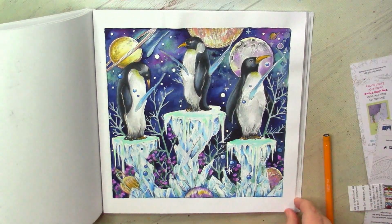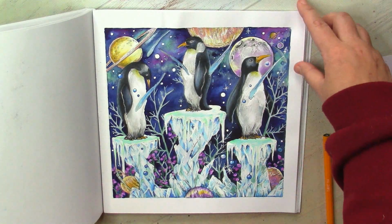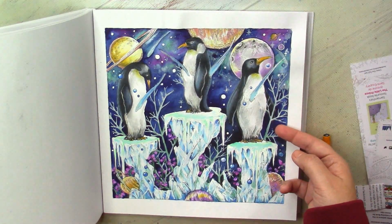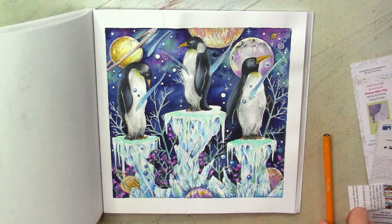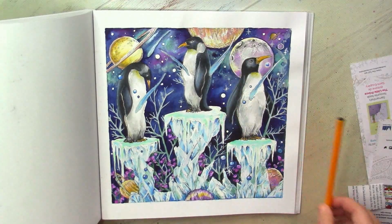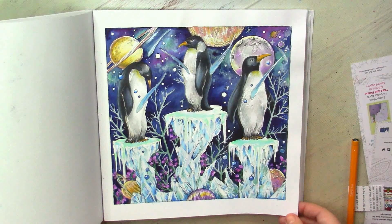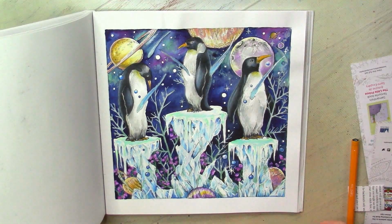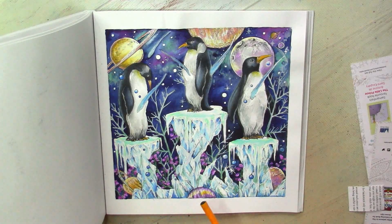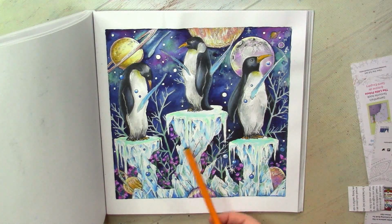Here I have my space penguins, and of this one I'm totally proud. I don't know if you can see it on the screen, but the background is shiny because on the industrial blue regular watercolor I also added magenta and pearl green, so it's very shiny if you look at it under day or electric light. Then I decided that they will stand on those ice crystals, and I do love how blue and mint green look with